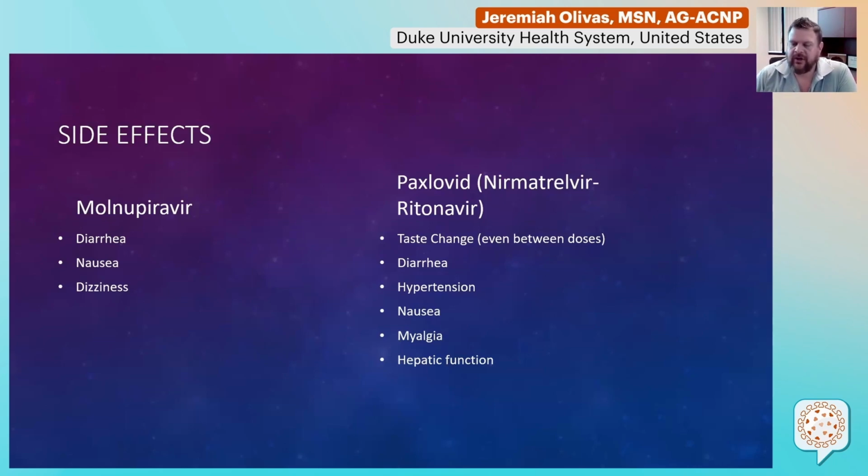I tell patients that this is common, first of all, and secondly, it will go away after you're done with the course of medication. But up front, when patients ask what side effects they can expect from this, I tell them about this, and I say it's not just when you're taking the medication itself, but can also be present in between doses. Things that can help with this, certainly chewing gum, and also sucking on hard candy,